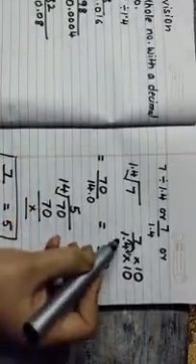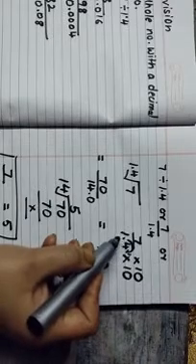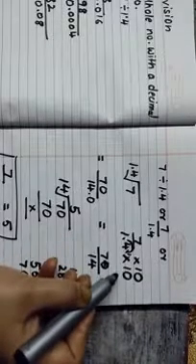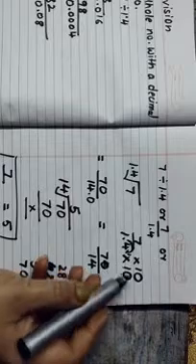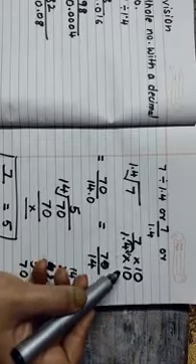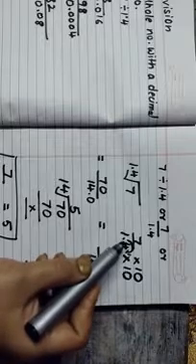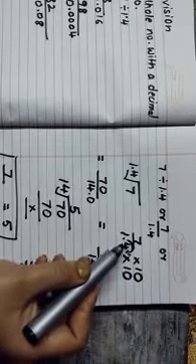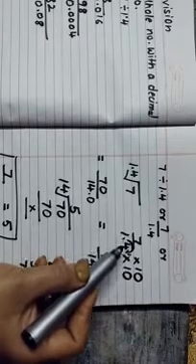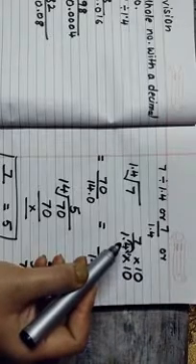So the main thing is, if there is a decimal number in the denominator, you have to first make it into a whole number. So to make it a whole number, what will we do? We'll multiply it with 10, because here is only one digit after the decimal place. Similarly, we have to divide 8 with